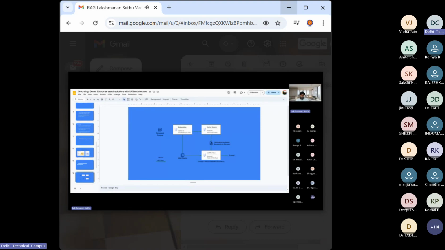The vector search is called a database. So similarly, you have similar vector databases elsewhere. Pinecone is one of the most popular databases available, which many people might have heard about. So, and once